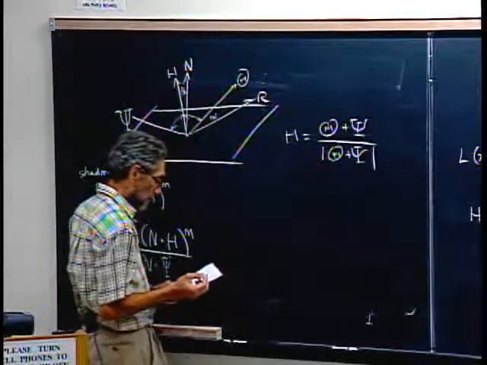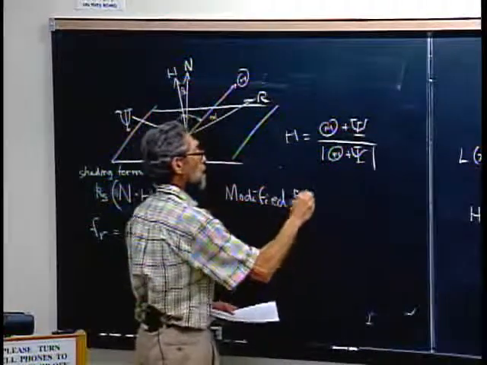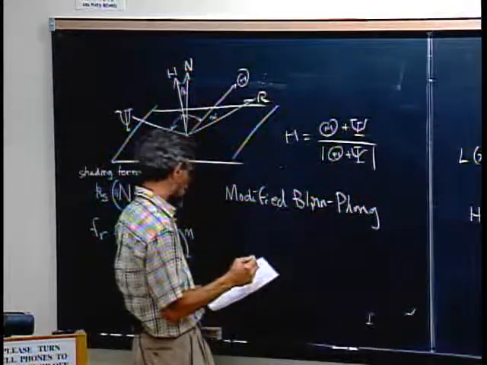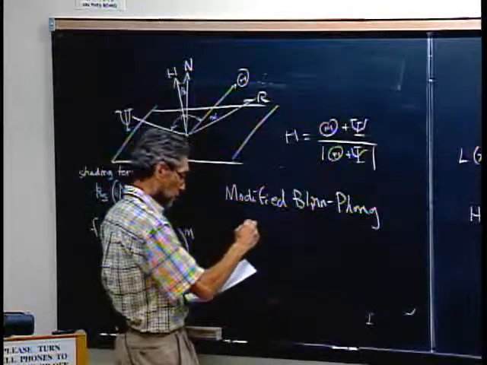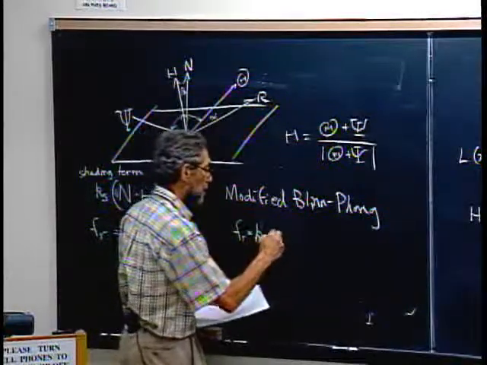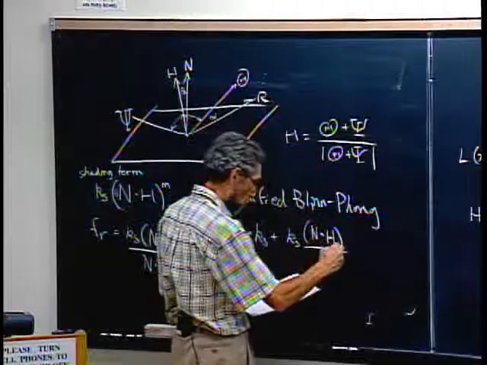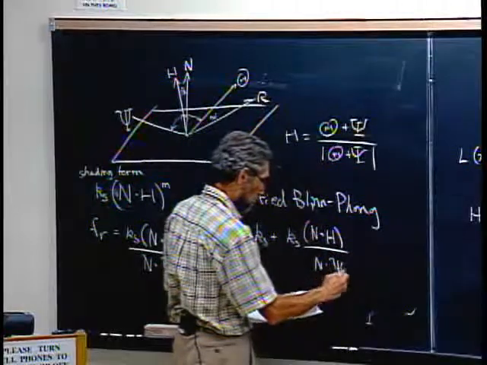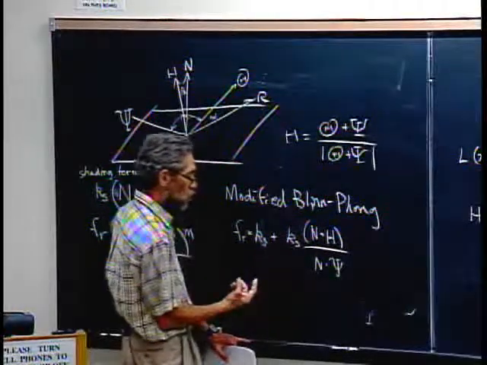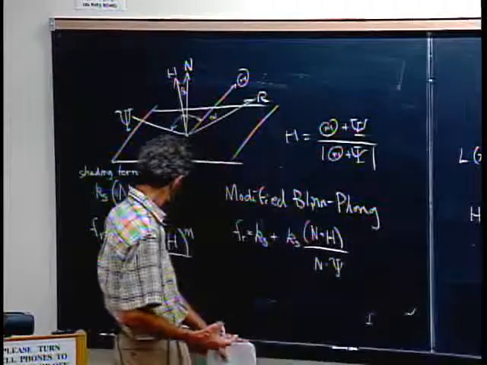So there is a modified Blinn-Phong model which adds the specular term. Well, here, why don't I write them both this time? It's Kd, the diffuse reflectivity, plus the specular reflectivity times n dot h over n dot psi. If you put that in the shading formula, then when you think multiplying, if this is in the bidirectional reflection function, then